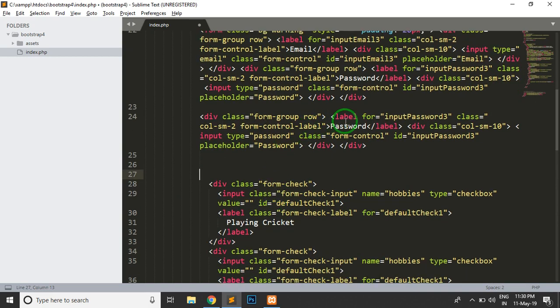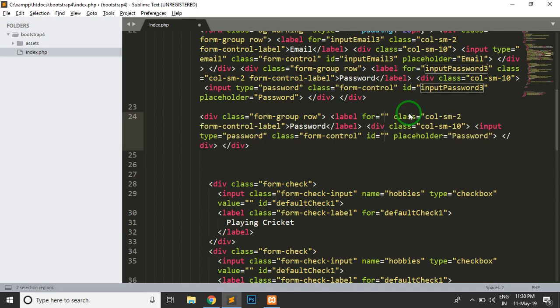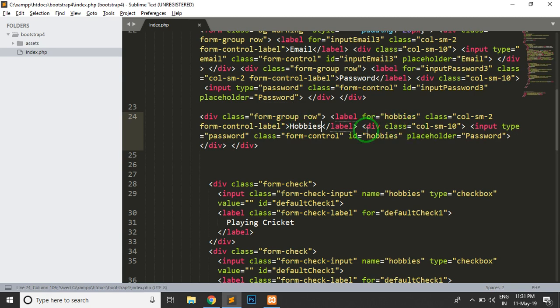Here I can see that they have made a label, which is nothing but the ID. I'll change the label to maybe hobbies. There is a password displayed here, so I will just make it hobbies, and here is the column D10, and here I can place all of my